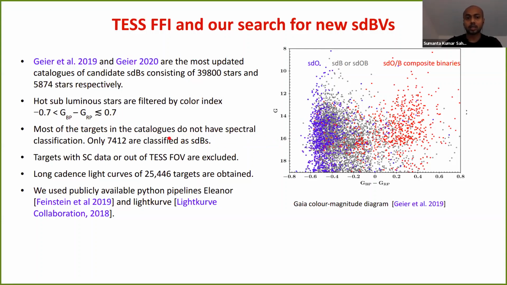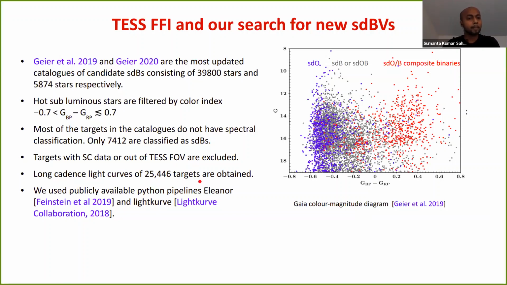But unfortunately, in this catalog, most of them are not spectroscopically classified. Out of 45,000, we have only 7,400 classified as SDB in this list. But we took all the targets and excluded only the targets which already have short cadence data or will be observed in short cadence, or which are outside the field of view of TESS. We just excluded those and extracted the light curves of all the other targets,